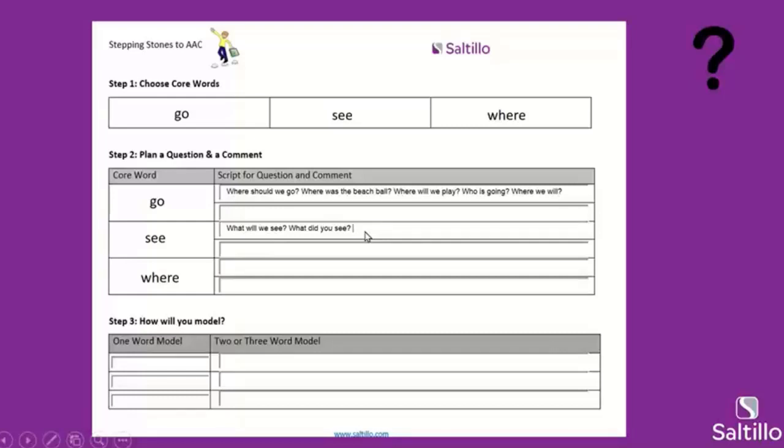Back to what Rajul said along the same lines, we could say something like, who will we see? Oh, there we go. And if your student or your child is at a lower language level, not quite there yet, where will we see grandma? You can scale it back. So it could just be what see. And yes, it's not grammatically correct, but that might be where they're at, and we can still model see and then build on it. Or we can say, oh, what did we see? And we'll talk about the modeling piece in just a second.